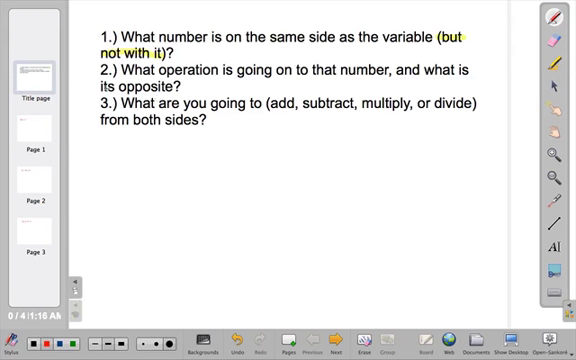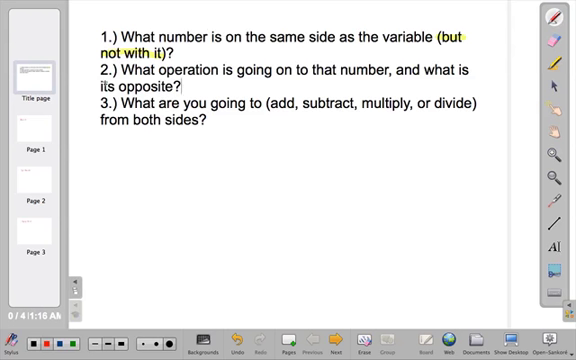In this video, we're going to learn how to solve multi-step equations. And here are the three questions that I always have students ask themselves as they're solving equations. I have a new part that I highlighted in question one that we're going to need to use for the multi-step equations. So the first question is, what number is on the same side as the variable but not